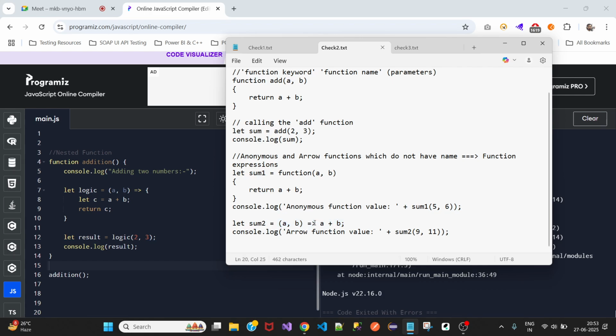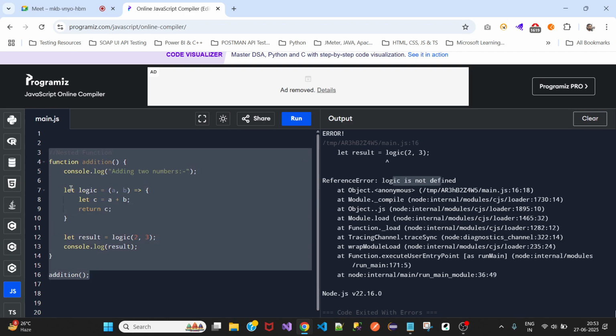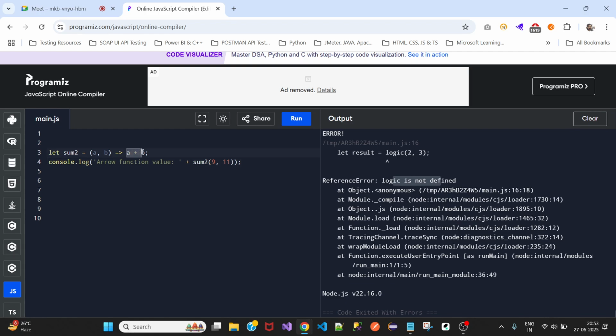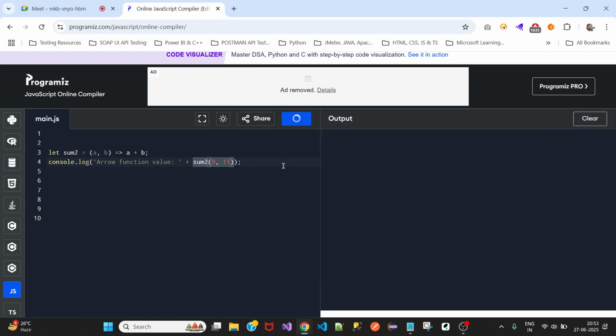So here, see here we use, let me copy this. I think this will help when we don't use curly braces. Here we just wanted to add a and b, nothing else. That is the reason we didn't use any curly braces, because it's a very short code. We just wanted to add a plus b. So no use of curly braces, and then call that function with the values for the parameters, and it will print it. So if the logic of your code is very simple and very small,